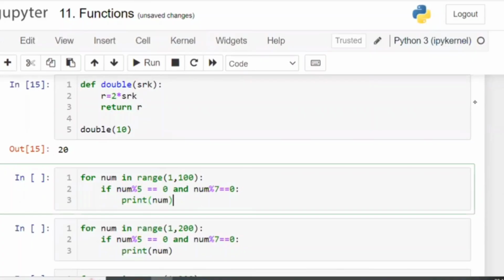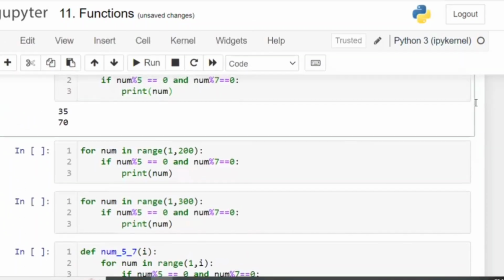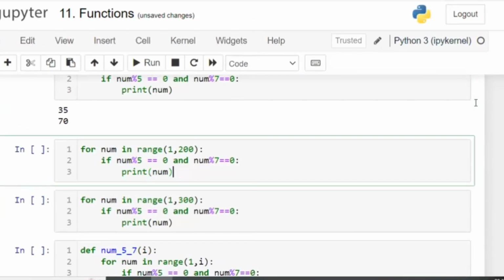For num in range of 1 to 100, and the numbers which are divisible by 5 and also divisible by 7. What is the output of this? 35 and 70. Right? Now the same thing, if you want from 1 to 200,